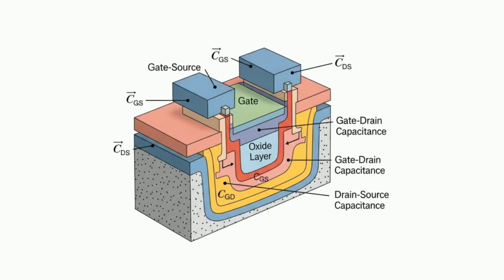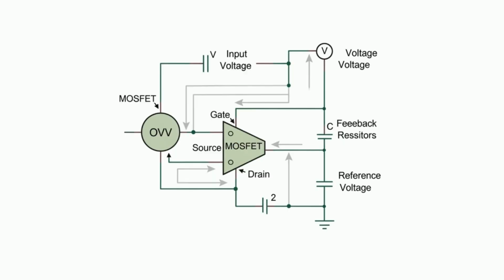Conclusion: from its humble beginnings in the labs of Bell in 1959, the MOSFET has become the backbone of modern electronics. It is the invisible force that powers your smartphone, drives data centers, and enables AI computations. Its journey from a theoretical idea to a nanoscopic marvel is a testament to human ingenuity and the relentless pace of technological evolution. And while we may eventually reach the physical limits of traditional silicon MOSFETs, their legacy will live